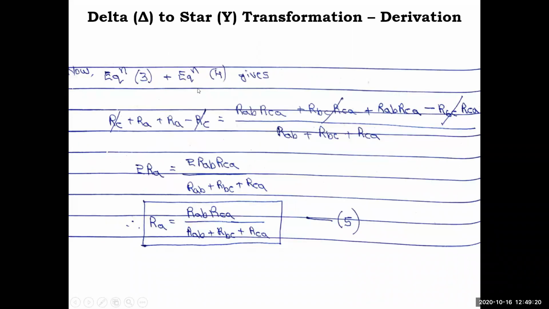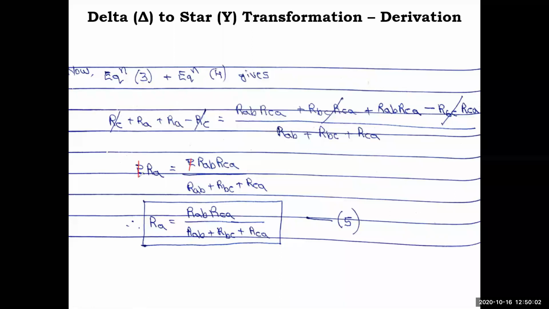So now I am making equation 3 plus equation 4. Equation 3 from the first set of equations, and the new equation, I am just adding it so that some terms cancel out. Here RC and RC cancel out. RC plus RA and RA minus RC is there. So this is the expanded third equation, RAB RCA plus RBC RCA, and this is the fourth equation, as it is I am adding, RAB RCA minus RBC RCA. So RBC RCA cancels out, and what remains is RAB RCA plus RAB RCA. That means 2 times RAB RCA you got, and here you got 2 RA. So both sides have 2, so 2 cancels out.